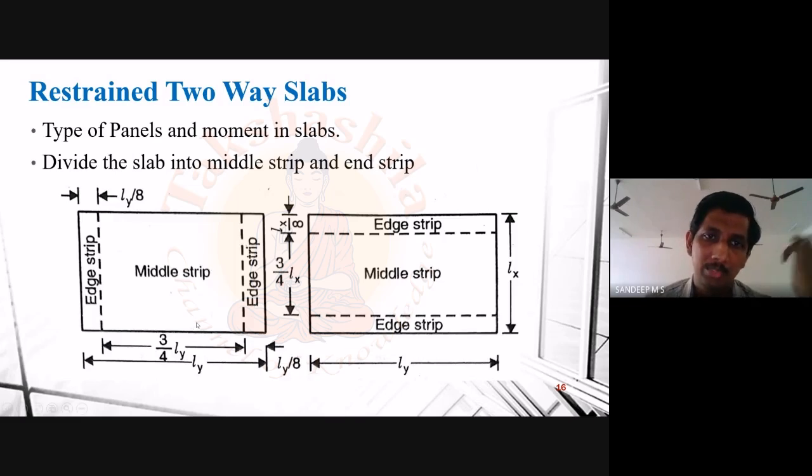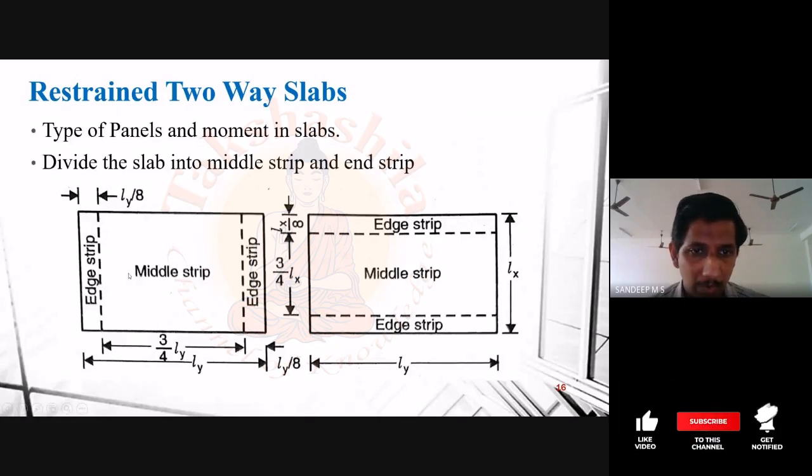So the first step is that once you reach this point, you have to split the entire slab in both directions, that is in the x direction as well as in the y direction, into three segments, which constitute one middle strip and two edge strips. As you can see in this slide, you have one middle strip and two edge strips, and the length